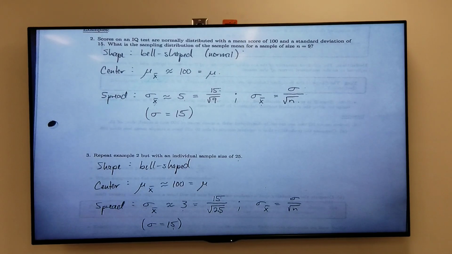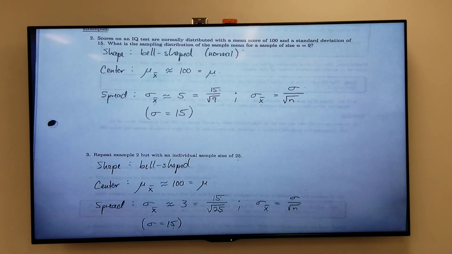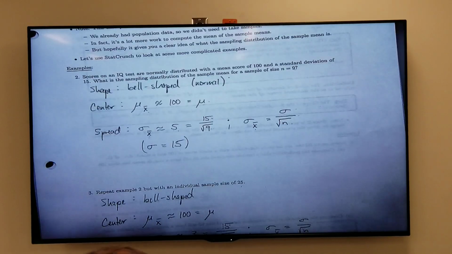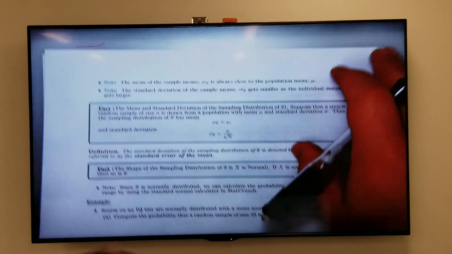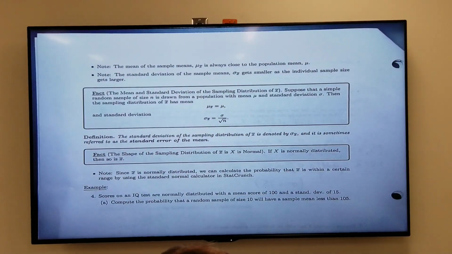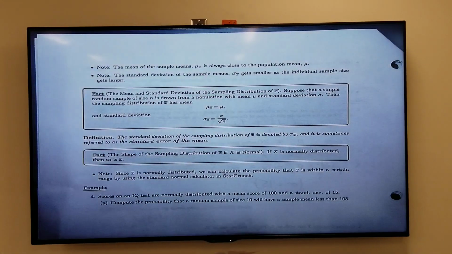Here we go, moving on to page 4. So here's a summary of what we've determined, right? Okay, so